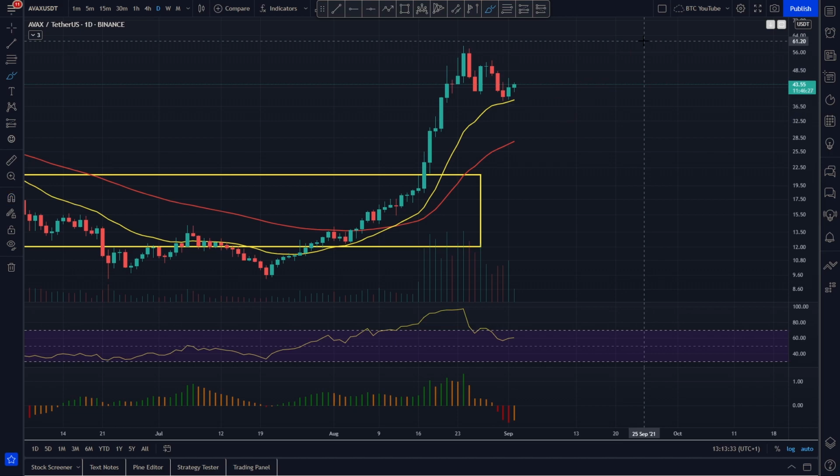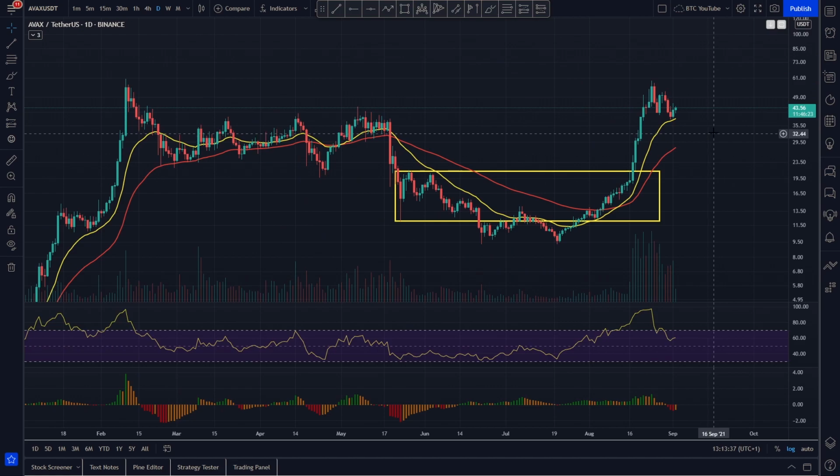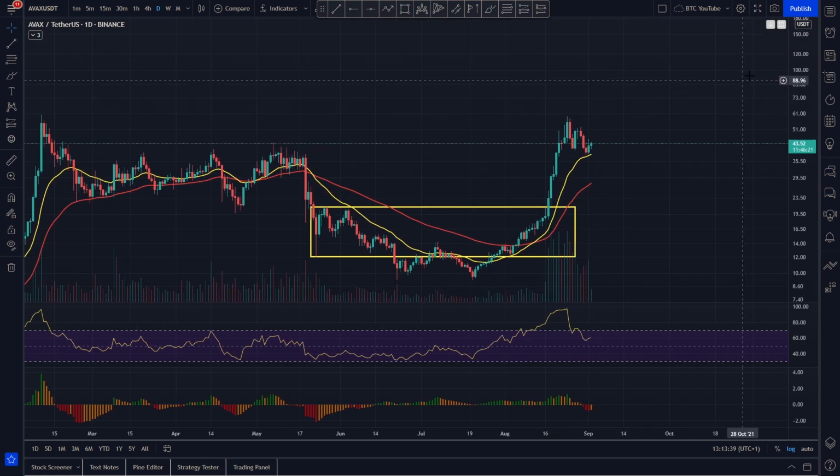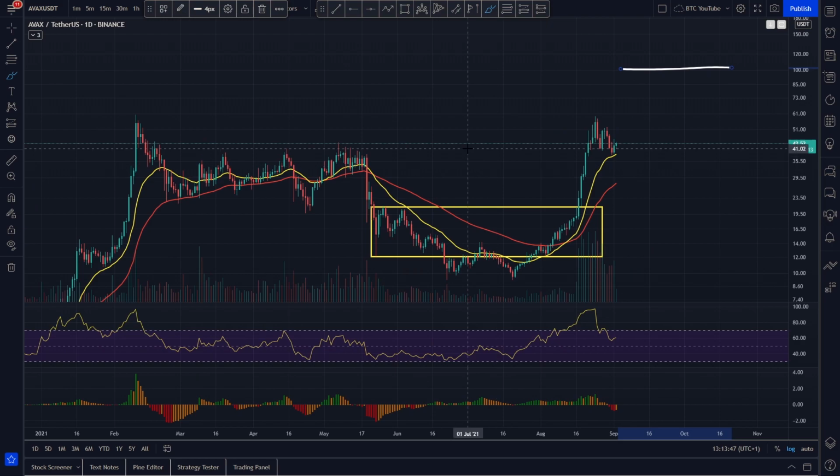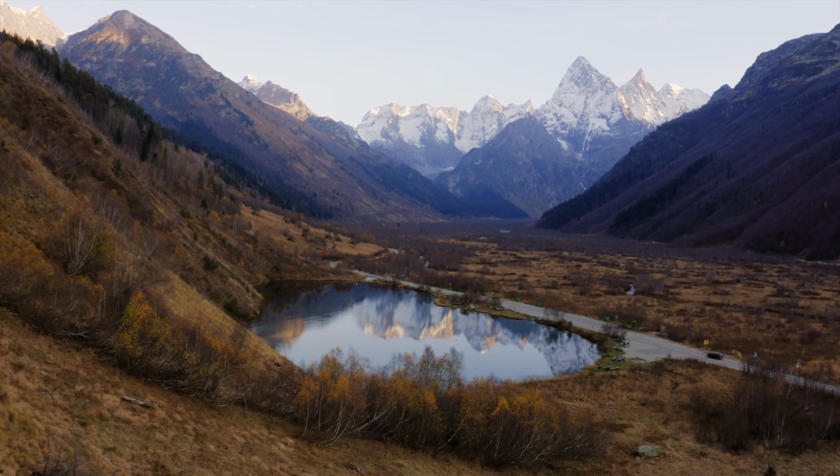But obviously, if we do see Avalanche coming back up to the all-time high here at around $60, we could probably realistically expect it to break out. And if that's the case, then we're looking at psychological numbers more than anything. Probably 70, 80, maybe upwards of $100 being our next price targets, depending on how much of a pump it gets. So that's it, guys.